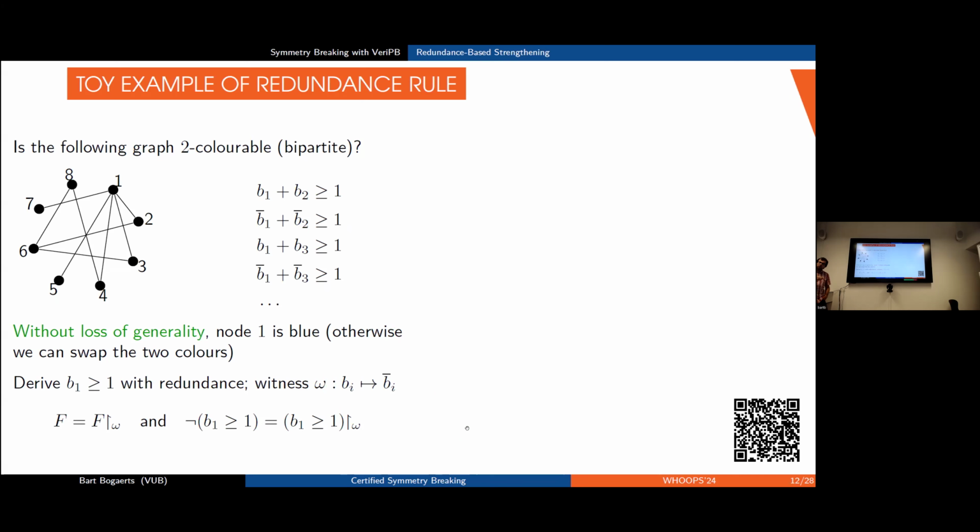So it's touching all the variables at once, and it's swapping all the colors. Swapping all the colors at once. That's the patching up that we were thinking of. If I have an assignment, I'm just going to swap the colors. I'm going to replace all the Bi's by not Bi's. And now, if I want to apply this redundance rule, what my proof obligations are, I need to show that